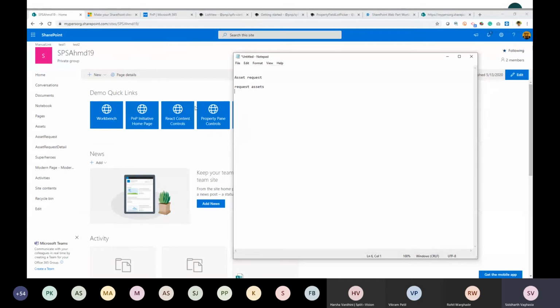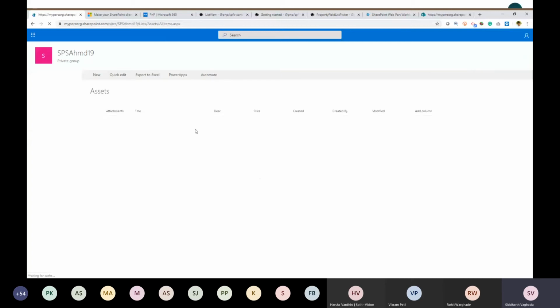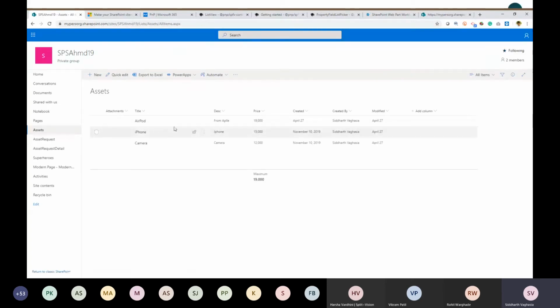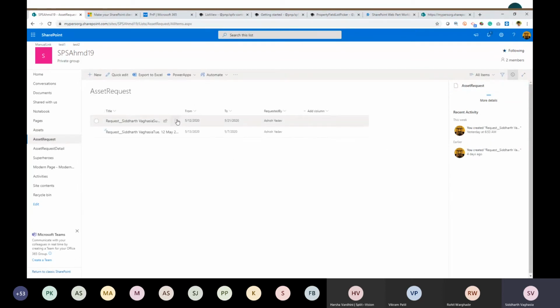So for that I have created a master asset list, wherein we would be storing all the assets, like AirPods, iPhone, camera, and everything. And there are two different lists, like the asset request list. Basically, this will be the master list, which would have the common properties which we wanted to capture, like from which date to which date the asset is requested, and who has requested it.